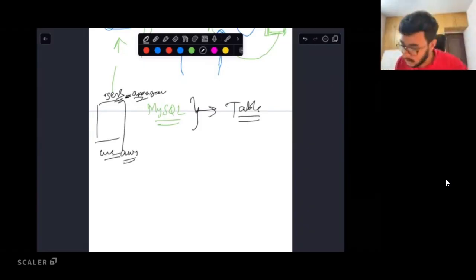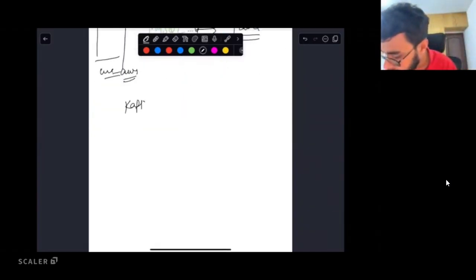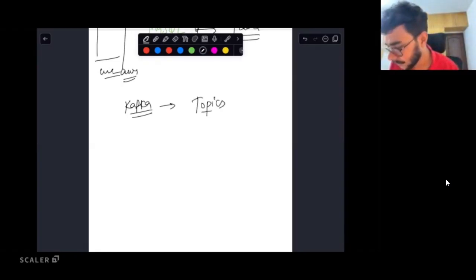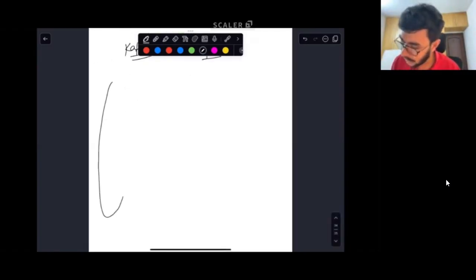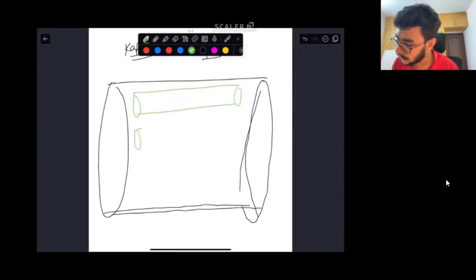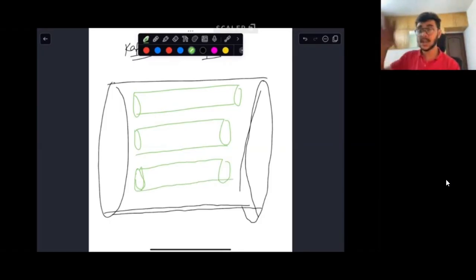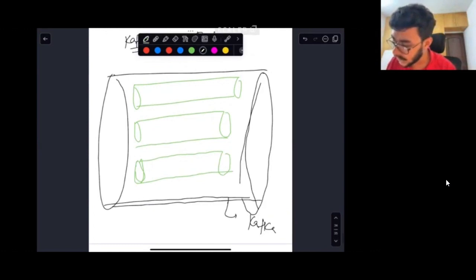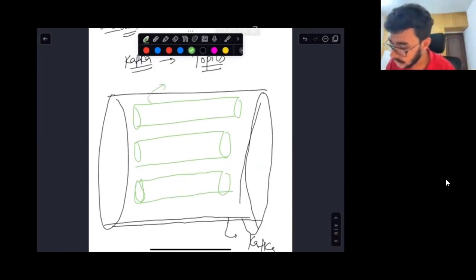Similar to that, in the world of Kafka, people didn't really create tables. They created something like tables only, but they called it topics. Okay, so within the same queue, I'm just drawing it in a slightly enlarged way. In the same queue, you can have multiple smaller queues. You can have multiple smaller queues inside this large queue, which is called Kafka. Let's call this Kafka. And this is the entity, that is the queue.